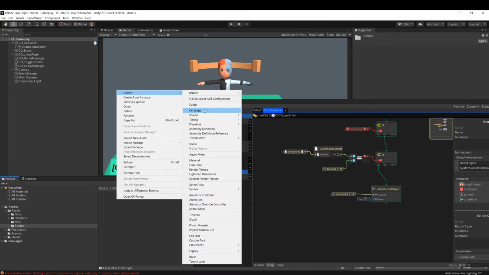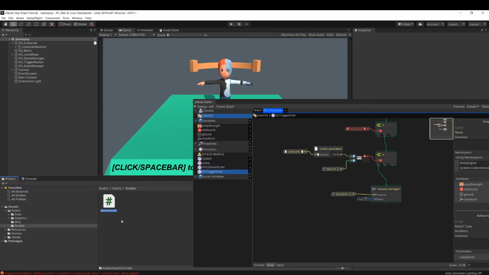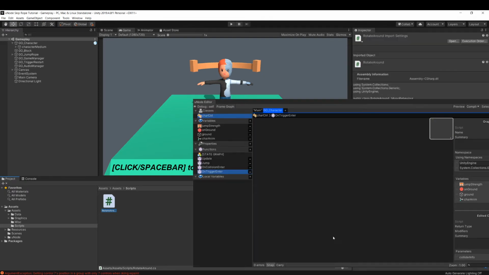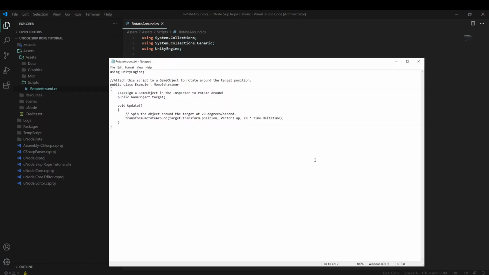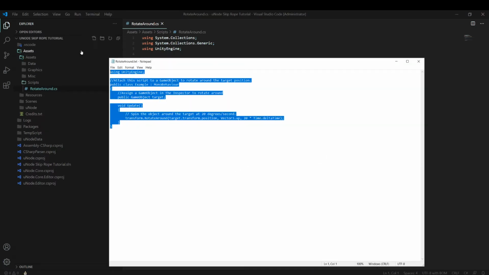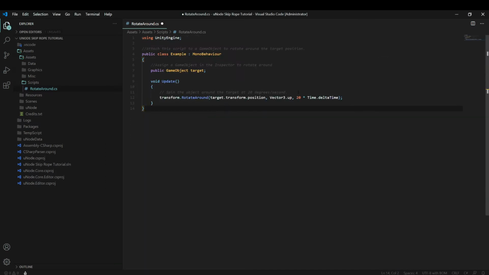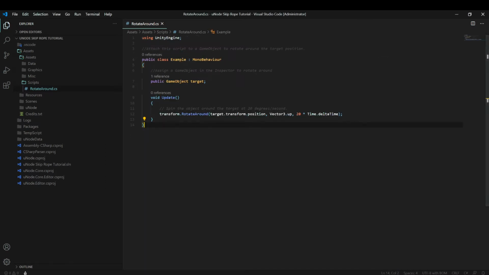So this is an example of being able to pass a script into uNode. So this is the rotate around script. I just found this by searching for rotate around, and Unity had an example available. So I can just double click on that. And this is the script that I found on the Unity website. Paste that, save, and then